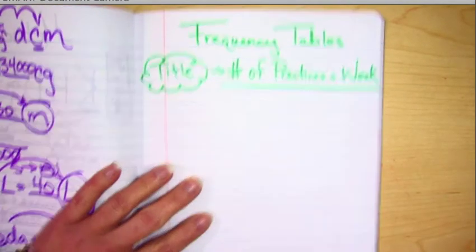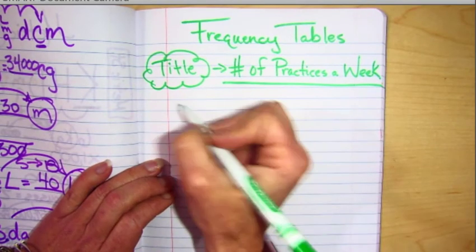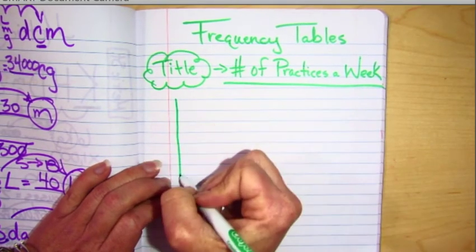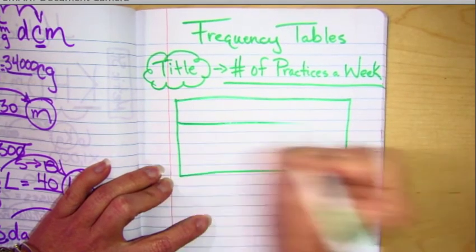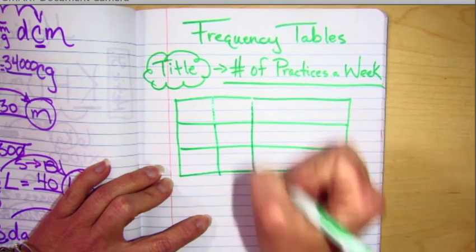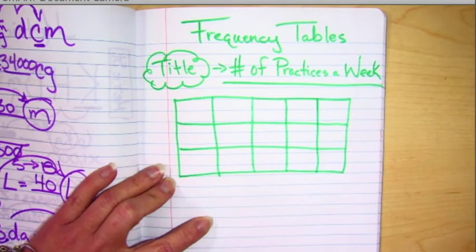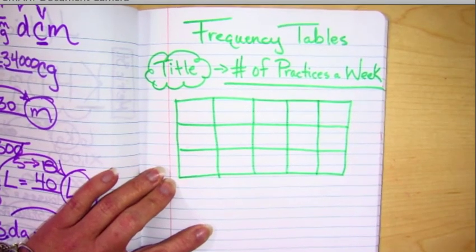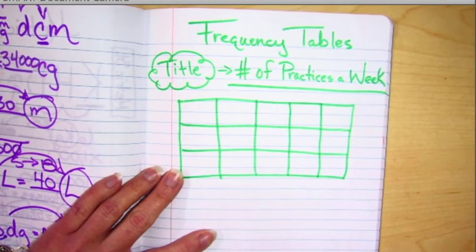If I want to do a frequency table, first I'm going to get all my data. I don't know how many kids I'm going to ask. Let's see. 1, 2, 3. Because I saw a lot of hands, I had fewer volunteers. I'm not going to fill this all up. Raise your hand if you play a sport and practice. How many times do you practice a week, Teddy?